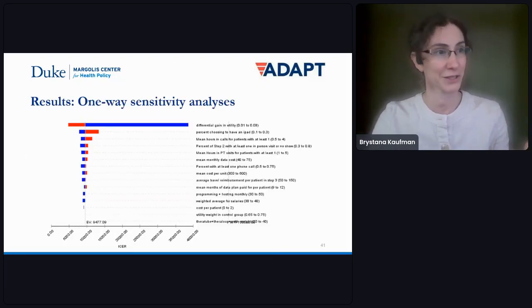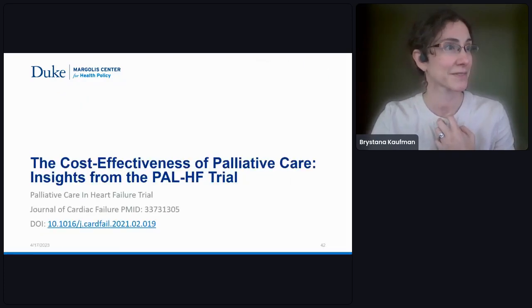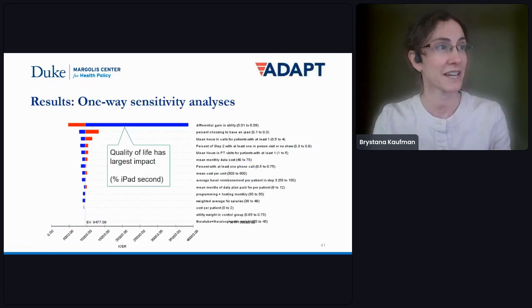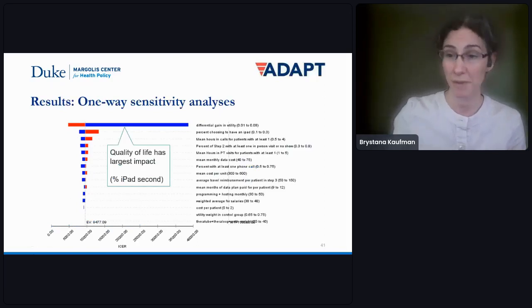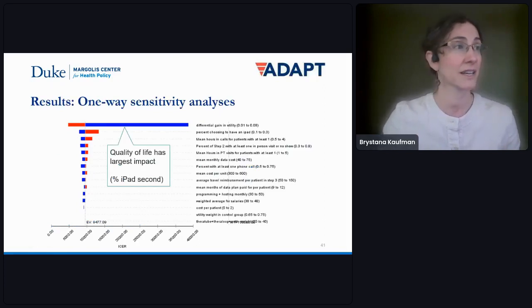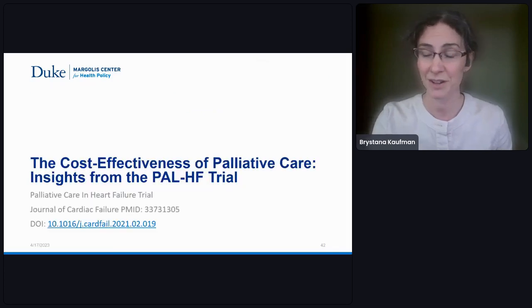We looked at the different drivers of cost in a one-way sensitivity analysis, and found that quality of life has the largest impact. So really identifying those patients who will benefit from the intervention is going to be the factor that drives the cost effectiveness overall. So I've just got one more example to share with you, and then I'll open it up